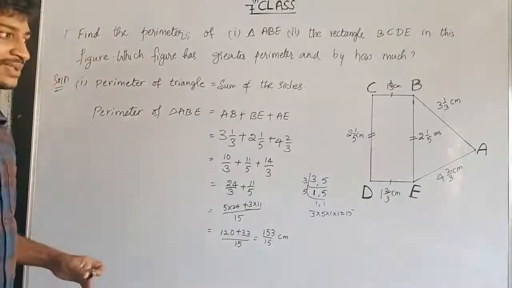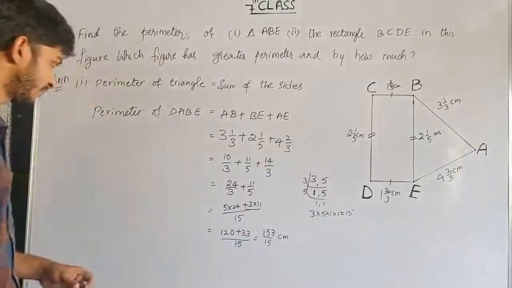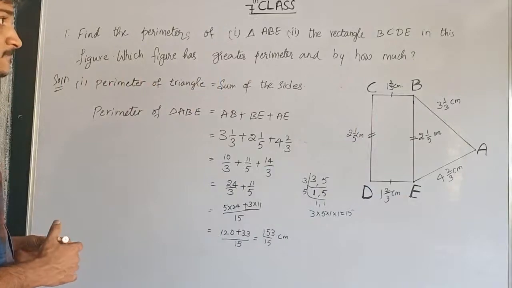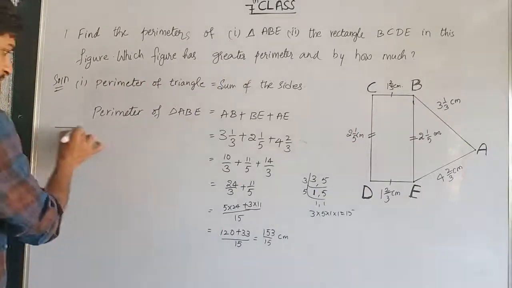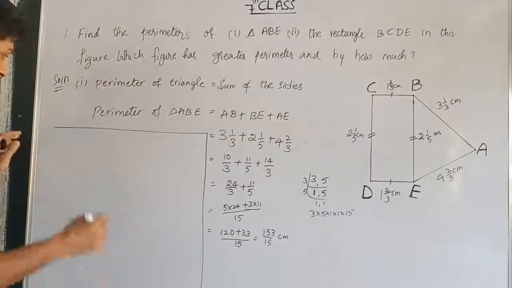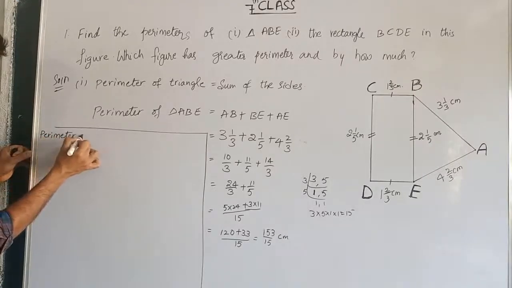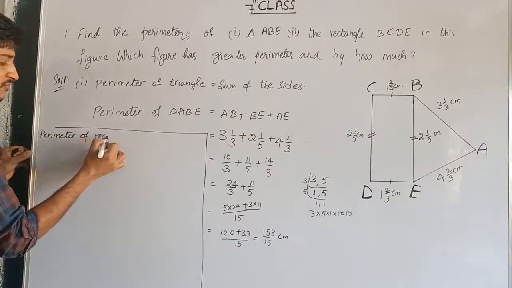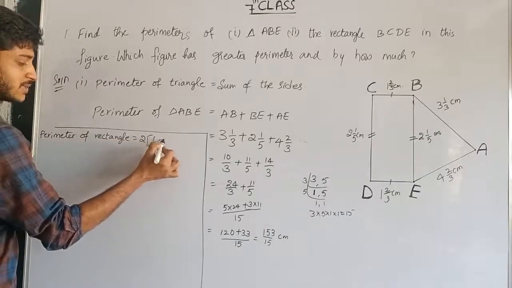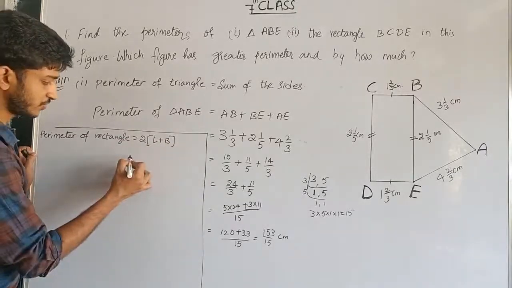Now we have to find the perimeter of the rectangle. Okay, children, see here I am doing here. So perimeter of rectangle, what is the formula for perimeter of rectangle? 2 into L plus B. L is length and B is breadth, so 2 into length plus breadth, that equal to,